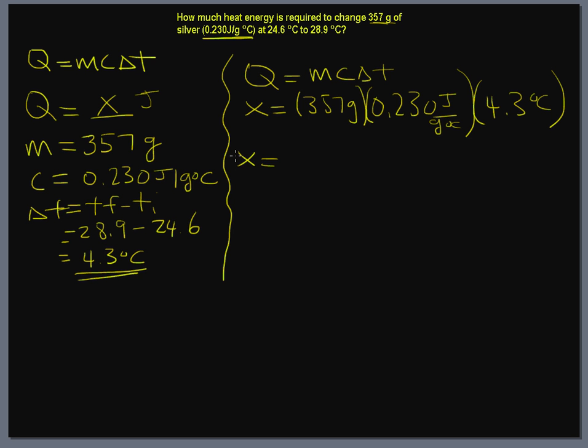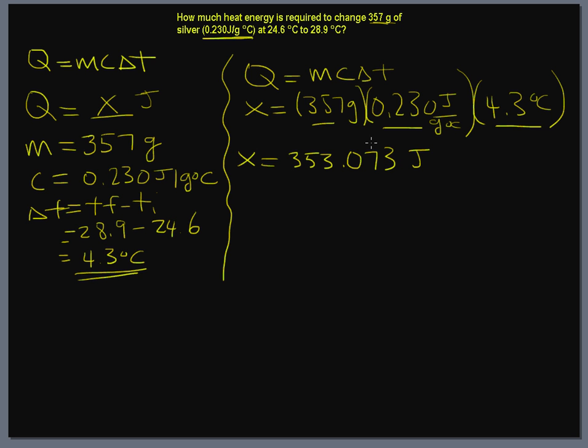Okay, when you multiply, this is standard multiplication here, 357 times 0.230 times 4.3, it works out to be 353.073. Now, I'm going to write this down joules, and then I'll go back and I'll show you why